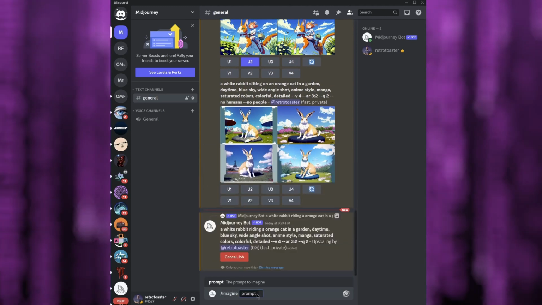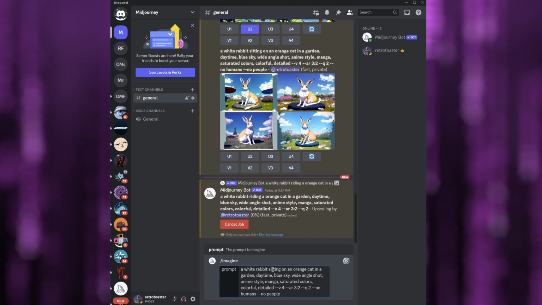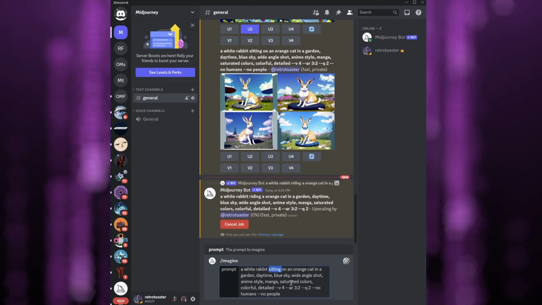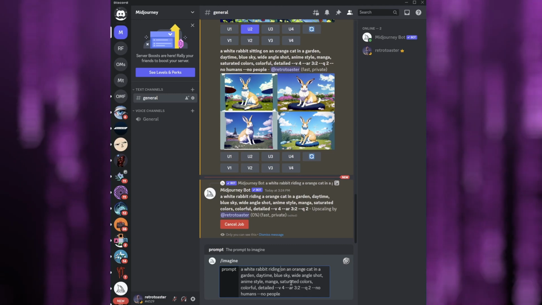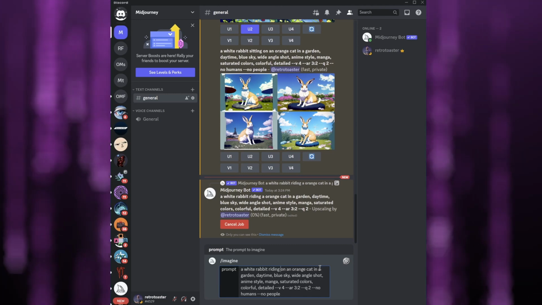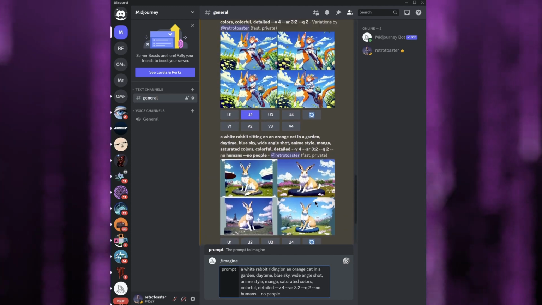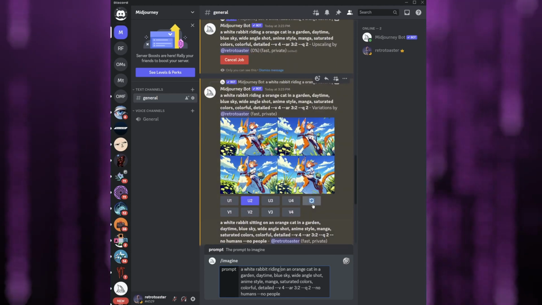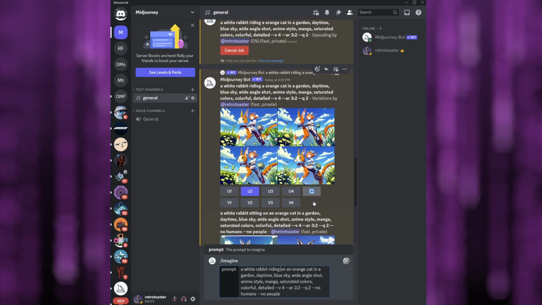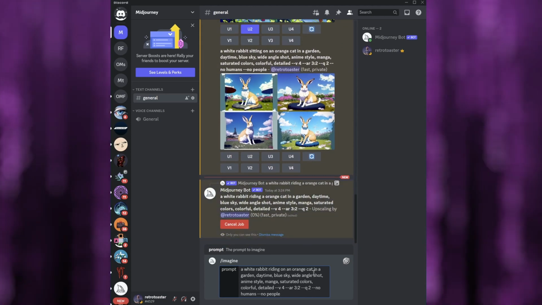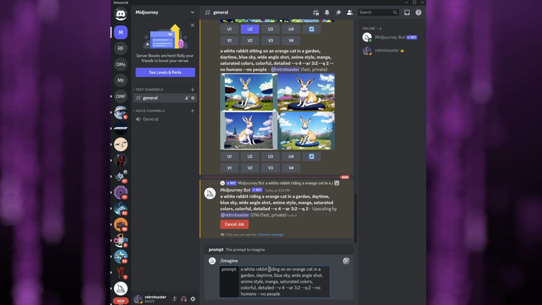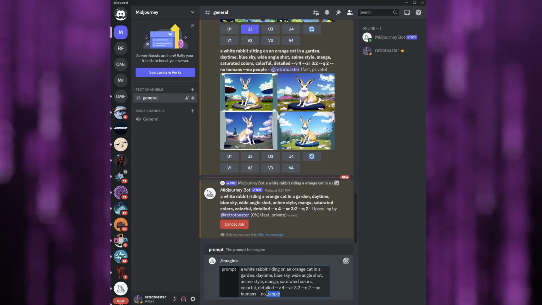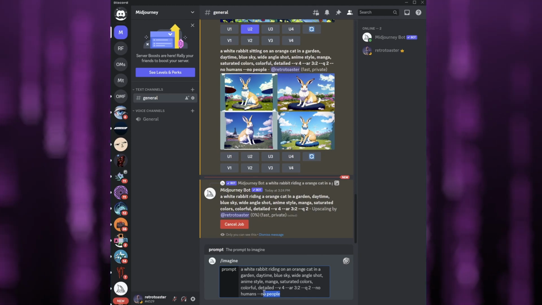Alright, how about we turn this around, because maybe we can fool the AI since it's done the image the other way around that we wanted to. So let's try and fool it and reverse our prompt here. So I'm gonna say an orange cat riding a white rabbit instead. But let's also maybe delete the negative prompts, or at least one of them, because I thought that cat person